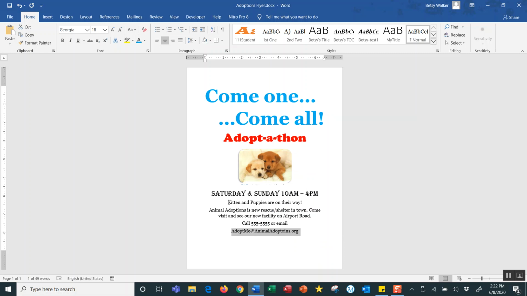All right, I think I actually want to bold everything because we want this to be an attention grabber. That's good. Airport Road, though, should maybe not be broken up. So we'll get Airport Road like that. And also,